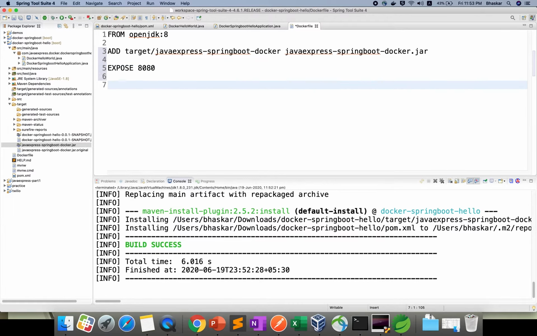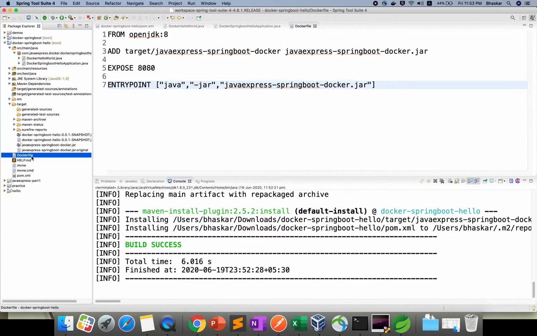Now next, in the previous section I explained about CMD and ENTRYPOINT, right? CMD is a default argument; ENTRYPOINT you cannot override. No one can override my entry point. It takes multiple commands. If you want to run a Java jar file, you need the java command, hyphen jar, and your jar file as input. This is the syntax if you want to run the jar file. If you are using Python, you can give the corresponding command in the Dockerfile also. Okay, now your Dockerfile is ready.